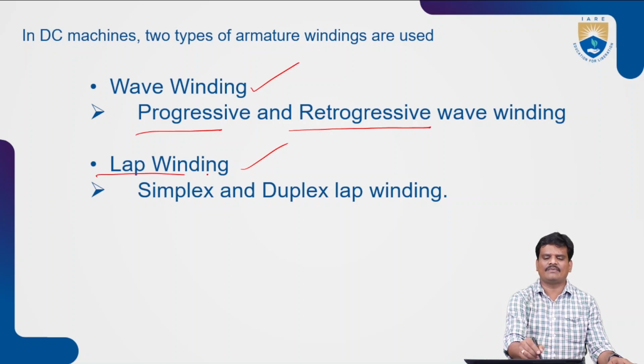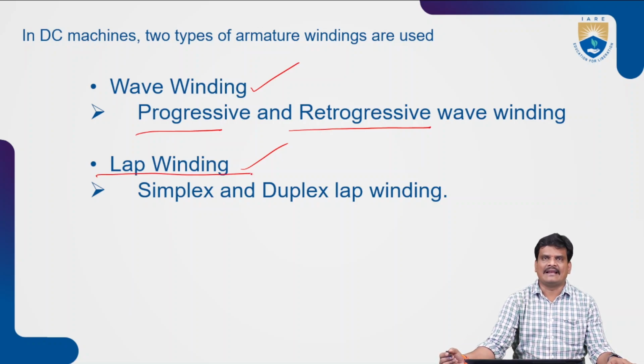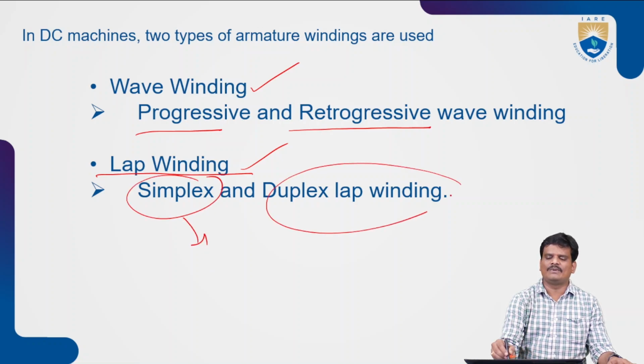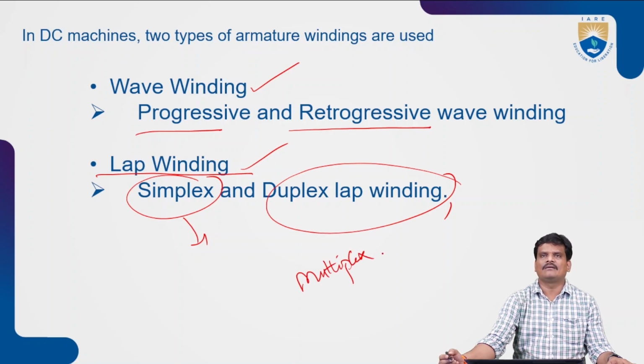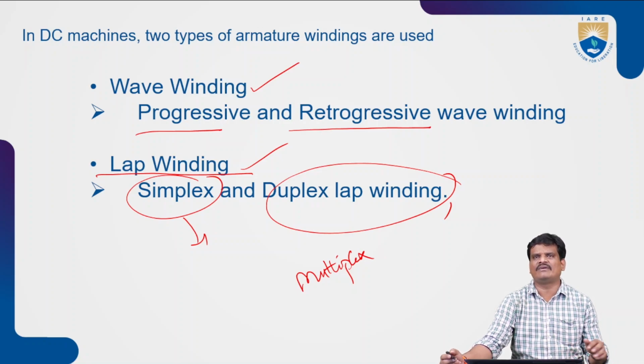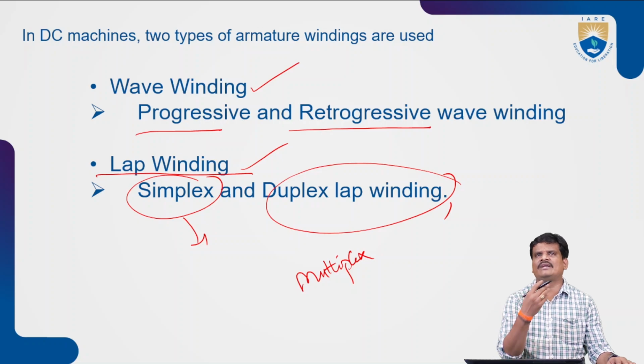Coming to the next type of winding, lap winding. There are different types of lap winding. One is considered as a simplex winding and the other one is duplex winding, or else we can call it multiplex winding. That is, what is simplex winding, what is duplex winding, how it is structurally represented, what is lap winding. We will discuss each and every type of winding in case of DC machines in detail